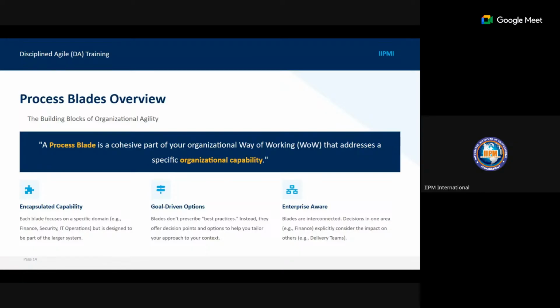If you remember, those of us that did HR, one of the things we talked about in organizational development, we say an organization is an interconnectivity of complex systems, or an organization is made up of systems. So here, those systems are what we are referring to as process blades.